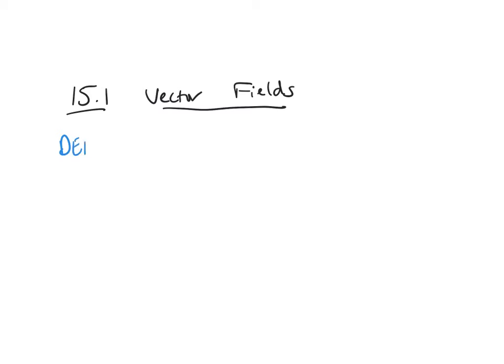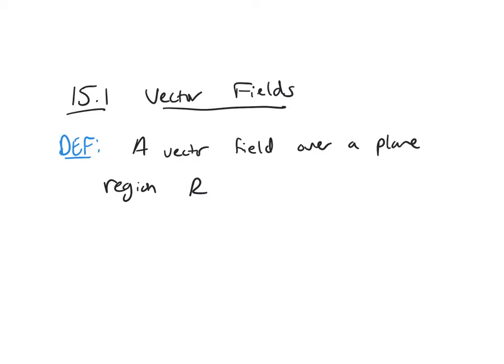So we're going to start our next section, which is 15.1, and it's about vector fields. So we're going to start with the definition. A vector field over a plane region R. So remember, this is a region in the xy plane,